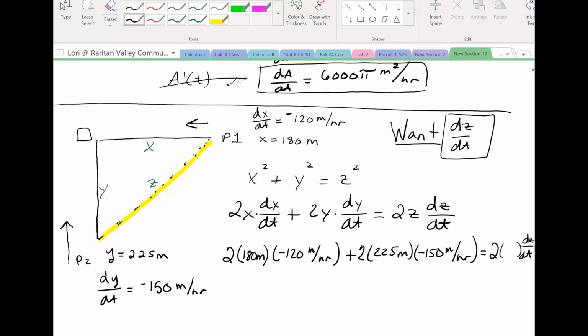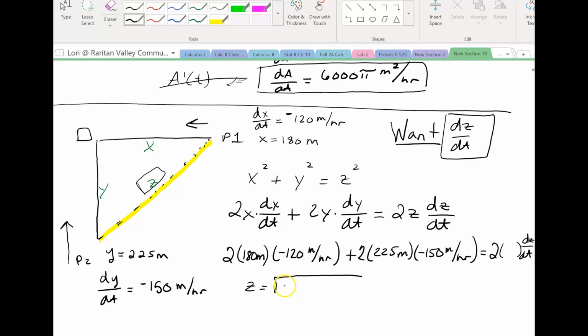Okay, you can't have two unknowns in a problem, right? So when you get to this point, you say, all right, is there a way I can figure out what z is? Because I can't have another unknown variable in my problem. dz/dt is my unknown that I want. Remember, at this particular moment in time, y is 225, z is 180. So at that particular moment, you can calculate z itself using the Pythagorean theorem. So you can simply get z